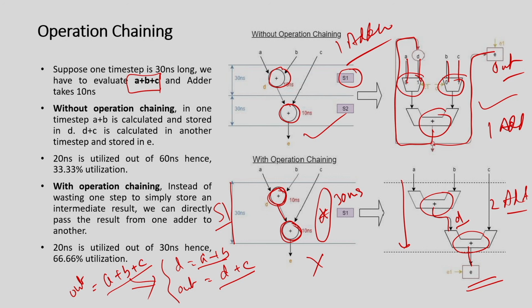So, to state that precisely, it depends on your resource constraint. If you say that I have only one adder, it will not generate this resource, but it is going to generate this particular schedule, okay, where I can schedule these 2 operations in 2 time stamps, and hence I can share that. But in general, if timing constraint and resource constraint are satisfied, we try to schedule as many operations in a chain as possible without violating the resource and timing constraint. That is operation chaining, which is quite useful in path based scheduling, as I argued that here the objective is minimization of latency without violating my constraint.